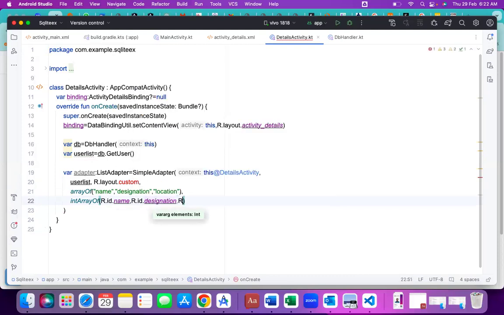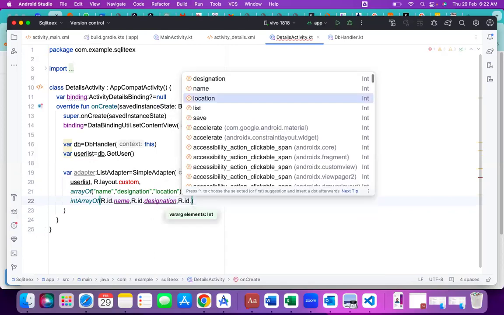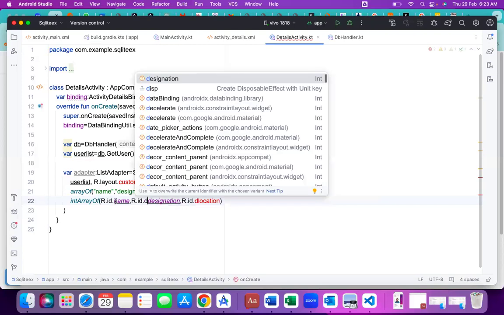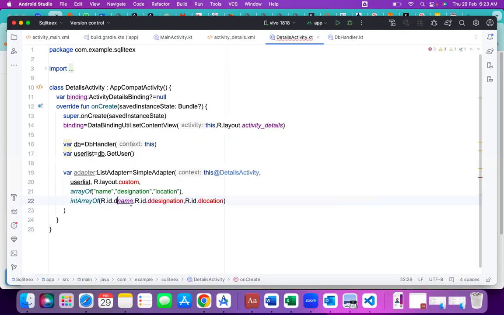So that is r.id location 3. Means better I'll give the detail location, detail designation, detail name. This already we have main activity. That's the reason I'm giving this. So here with this name, I have to create a